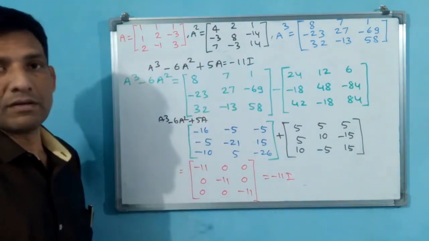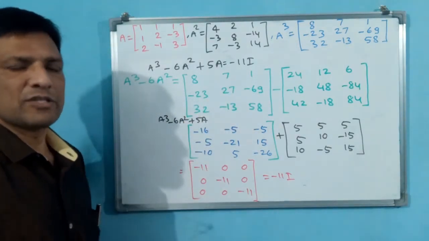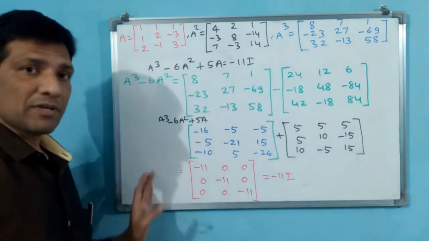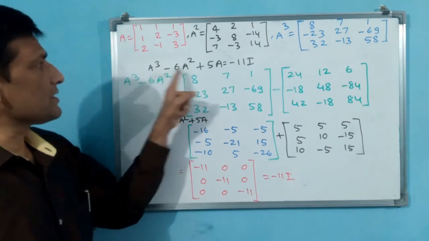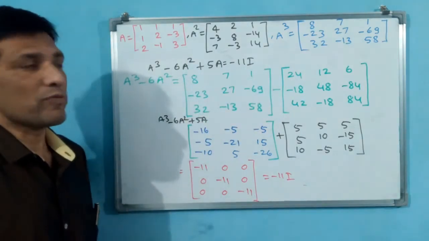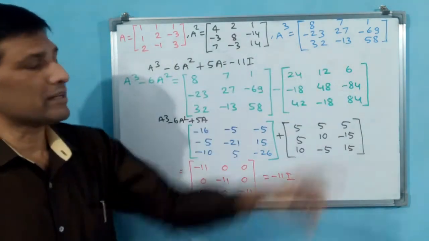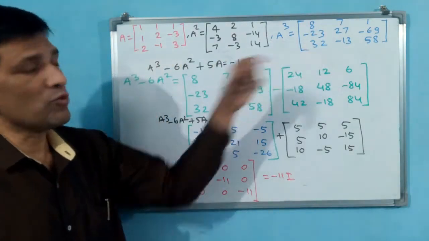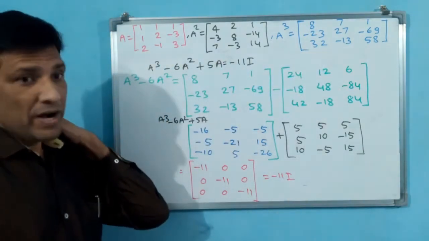Okay? LHS is equal to RHS, hence proved or hence verified. You can write and close this, 50% of the question. Why? Because we have not yet finished; we also have to find A inverse. For A inverse also these three are required. At least A square and A are required. A cube may not be required. Why? Because the power is going to be reduced.